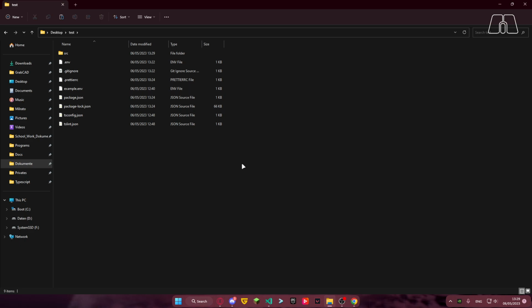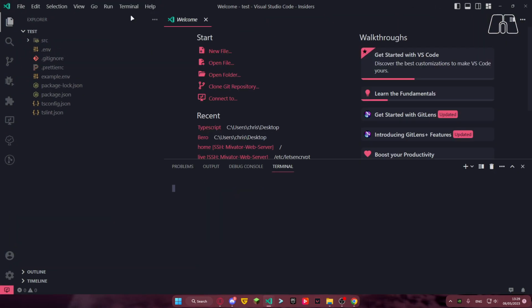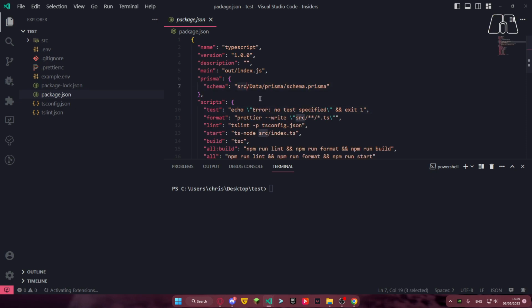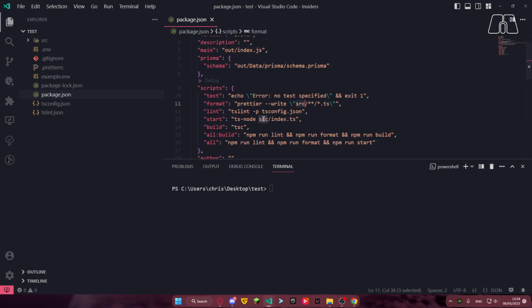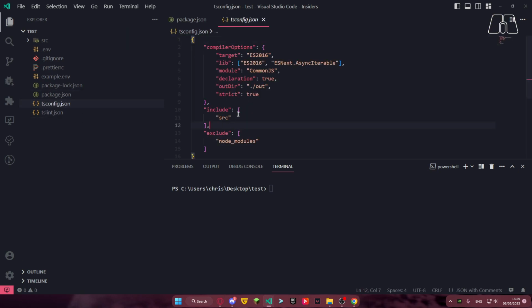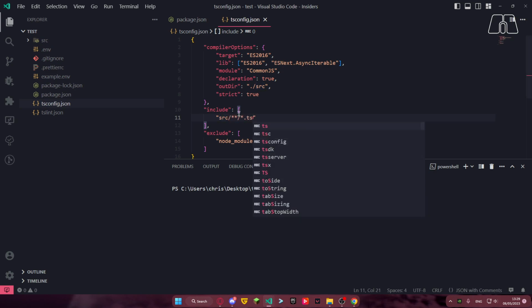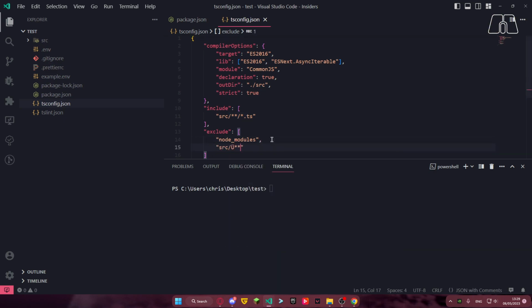Now if you open it with Visual Studio Code here, so you can get a terminal, you change the source to out, and you go in the tsconfig, and your out folder is your source folder. And now you only include source anything.ts, and you're gonna exclude anything.d.ts, because now if you're gonna run